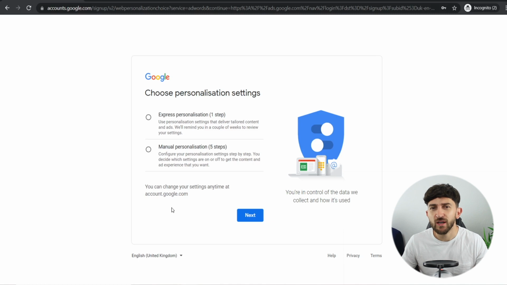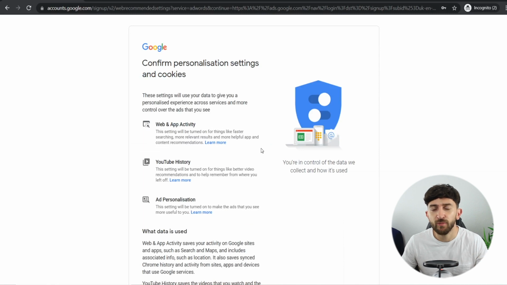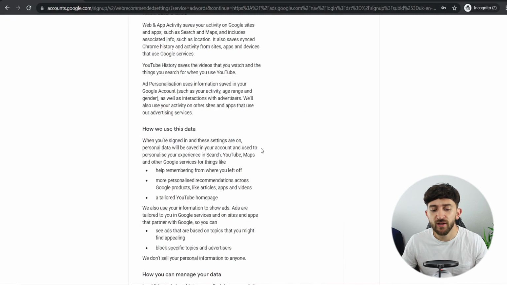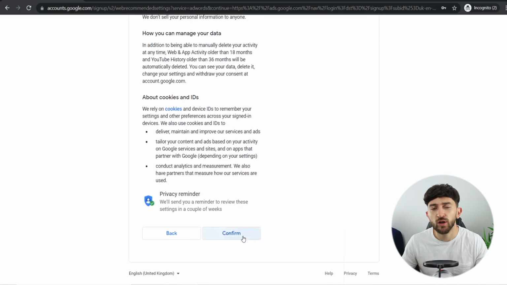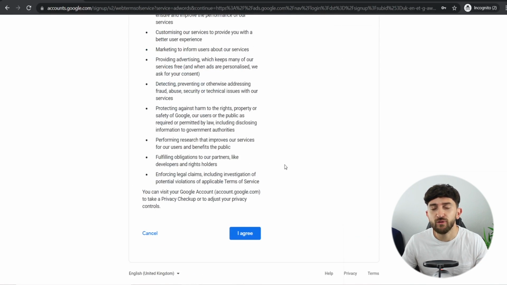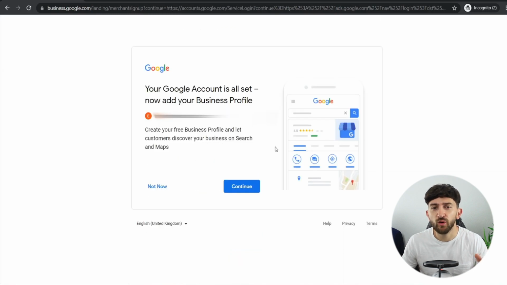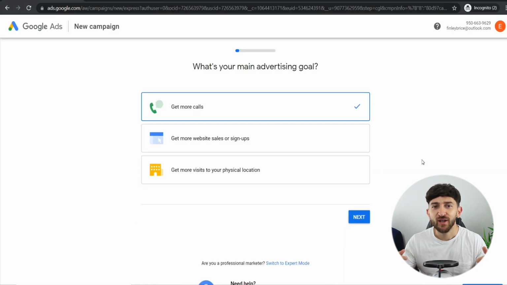It will then just ask you to set up some personalization settings. These are not that important, so just go and choose one and click on next. Google will then just ask you to confirm your personalization settings, so just have a read through this, and if you're happy with everything, just click on confirm. You will then be asked to accept the privacy and terms, so once again just read through this, and if you agree with them, just click on I agree. It will then ask you to add your business profile. Now this is not that important right now, so we are just going to go and click on not now. So once you have set up your Google Ads account, you are ready to start creating your first YouTube ads